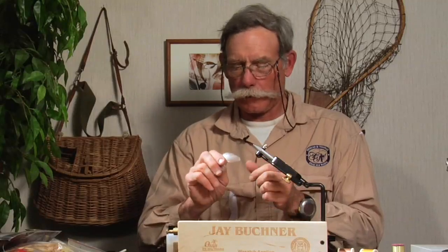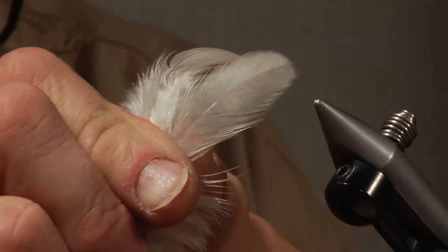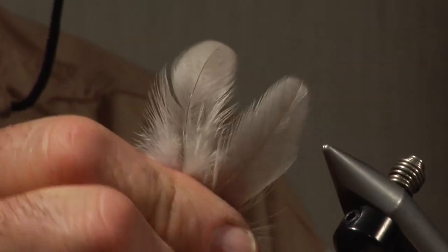Okay, this fly I'm going to tie is called a Jay's Dun Caddis. It's a slow water caddis or a spent caddis. It's just low in the water, but the technique I used is interesting, a little different than a lot of caddis. The body or the wing of this, and this is another one of these flies that will have some